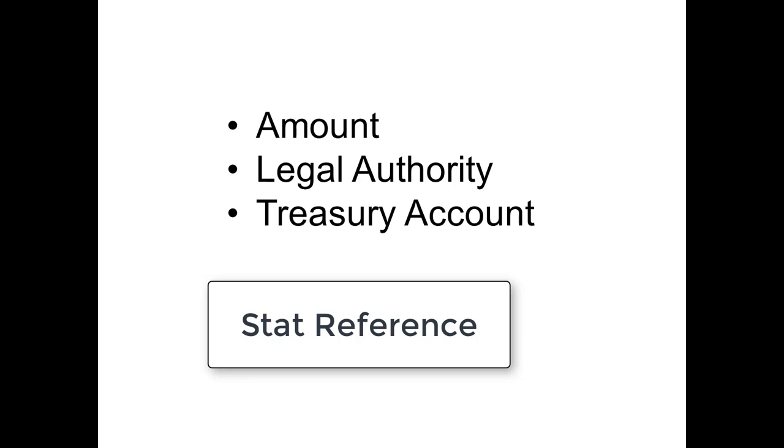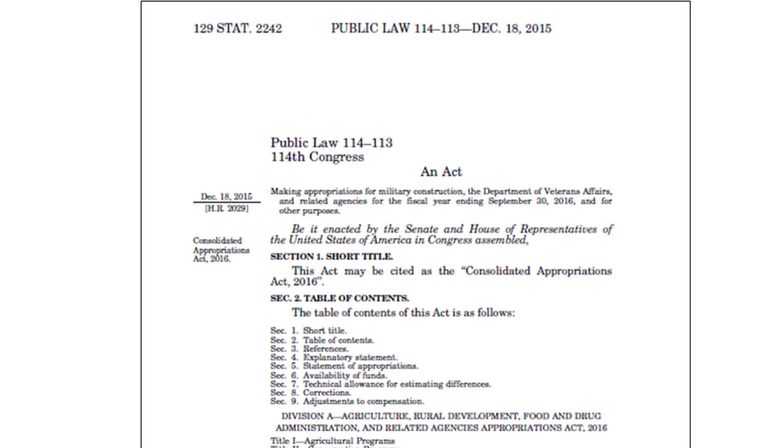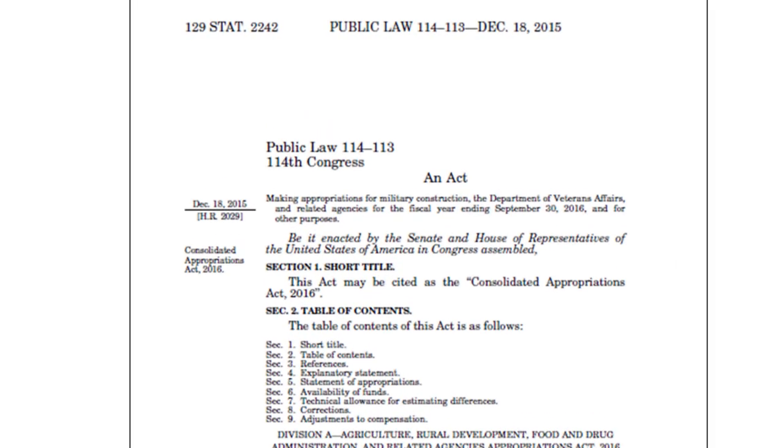When legislation containing appropriations is passed and signed into law, the Office of the Federal Register in the National Archives and Records Administration assigns a public law number. This is initially published as a slip law. Here's an example. Note that this legislation is assigned Public Law Number